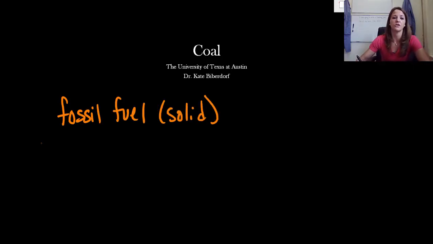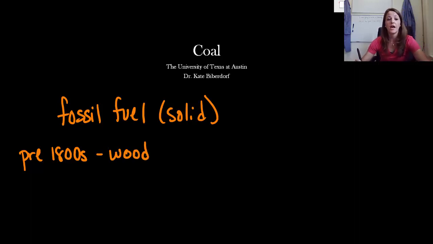So let's look at the history of coal. We didn't always use it as our main source of energy. In fact, before the year 1800, we primarily used wood. And so we would go outside, chop down trees, break it up into little logs, throw it in the fireplace, and then burn it. We always have to do a combustion reaction. And the heat that is evolved from burning this wood, we would use to warm our bodies or warm our house or wherever it is that we were.